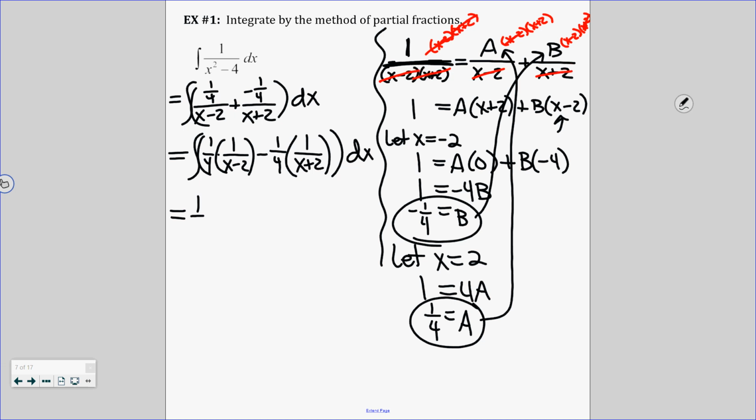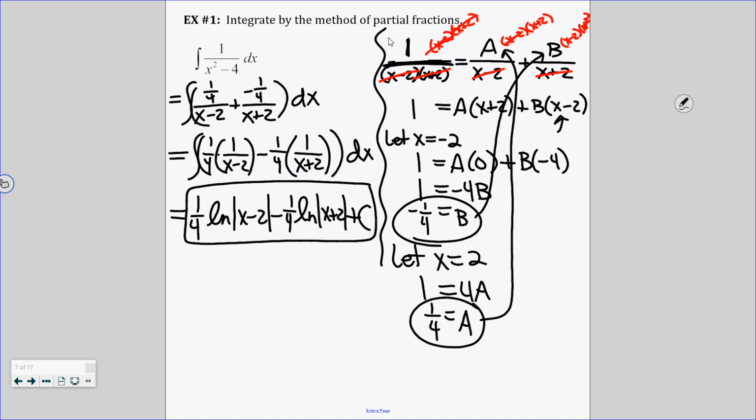So the first one, leave the 1/4 alone, and then when you integrate 1 over x minus 2, you get ln absolute value x minus 2 minus 1/4 ln absolute value x plus 2 plus c. And so there is my final answer. So you're going to normally end up with ln situations that end up being really easy